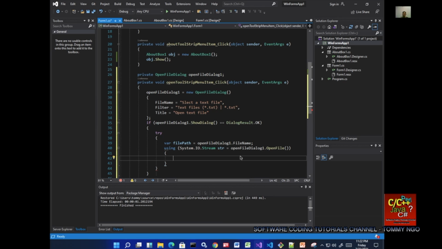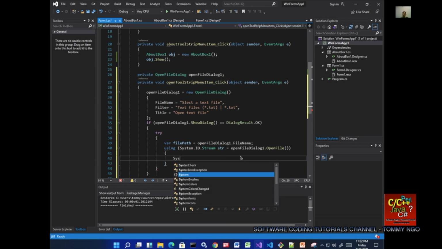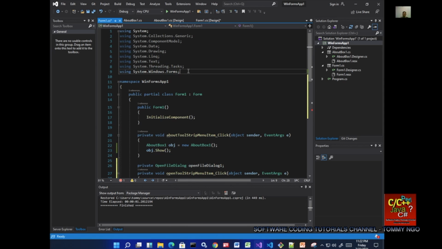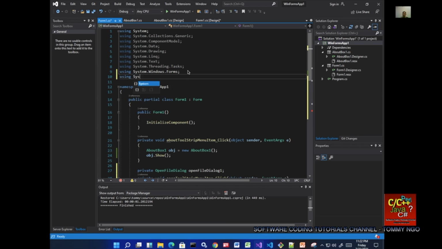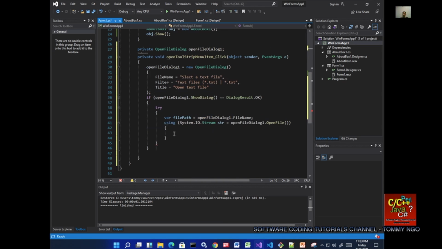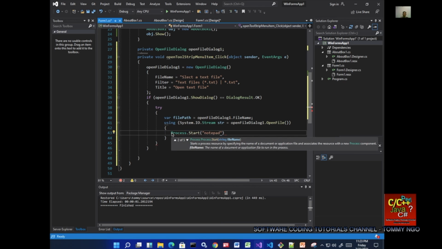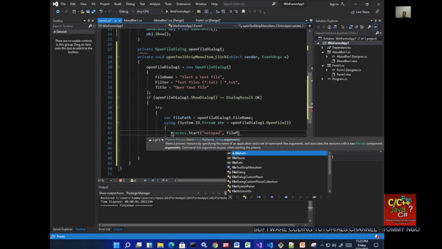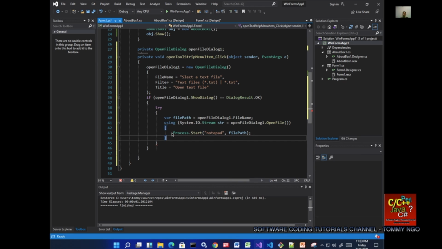So using System.Diagnostics. Let's declare the following up here, using System.Diagnostics. Okay, so this allows us to access the Process class. Process.Start, notepad, and filePath. Okay, and then